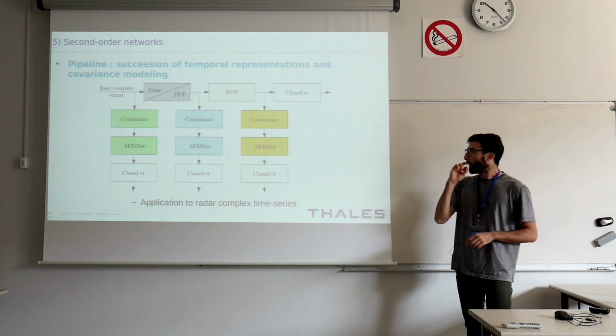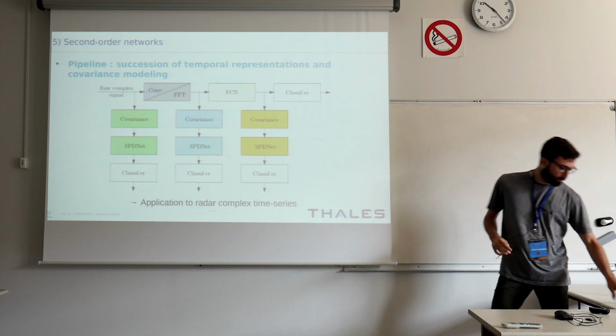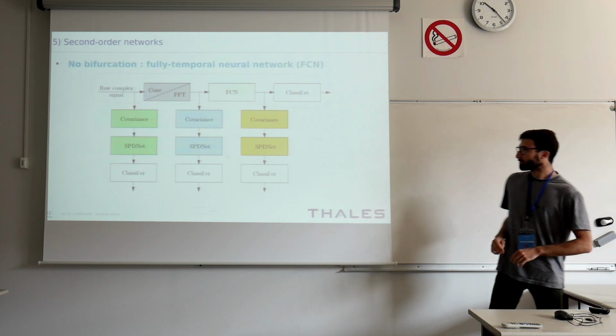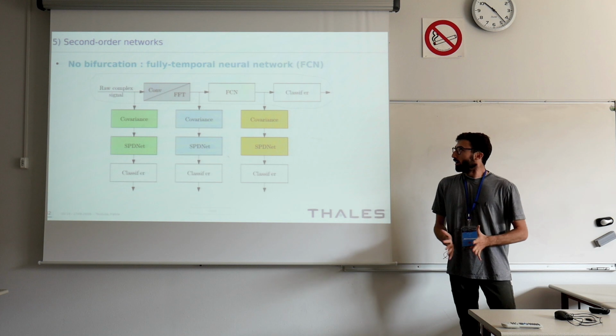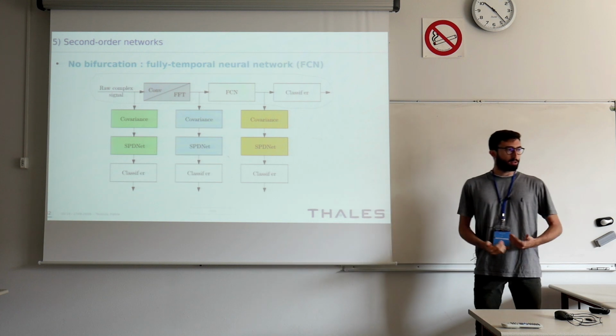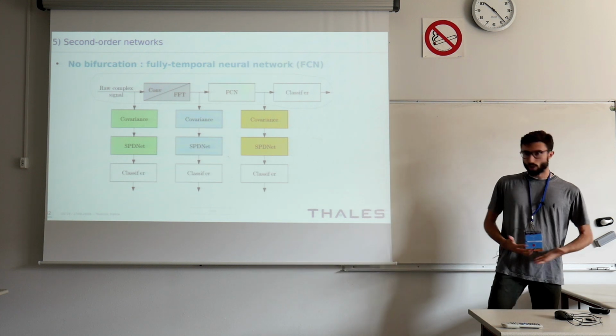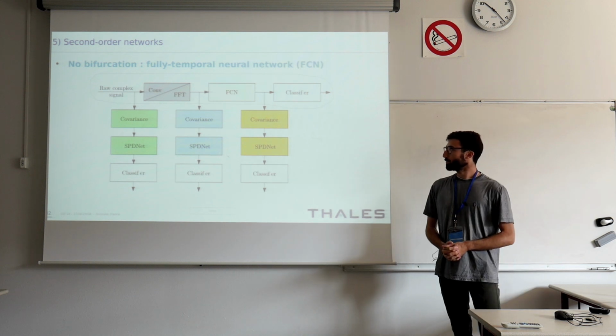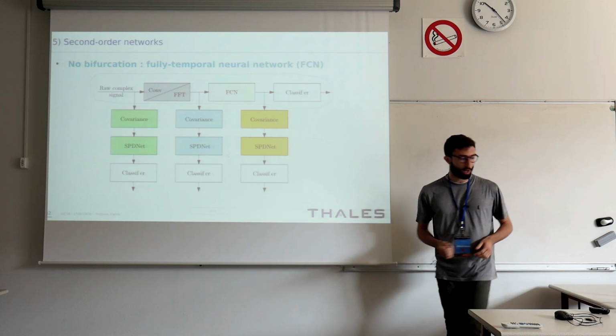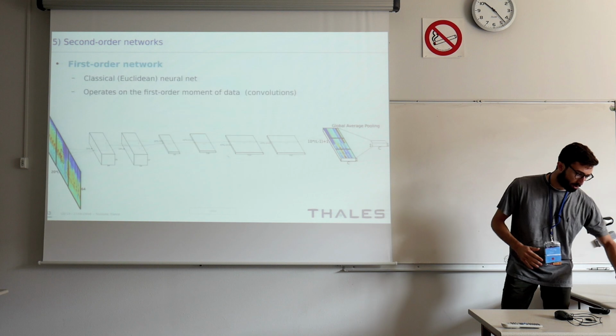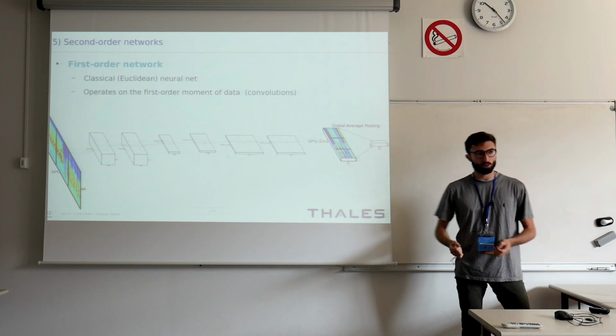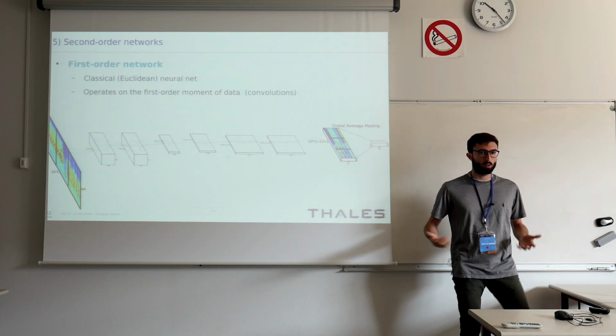So it's kind of a pipeline. If we have a look at the first line in this pipeline, so here the application is radar data, but the same concept holds for a wide variety of types of data. So if we stay on this first line, we have a simple first-order neural network, which can look like this, for instance. So that's a CNN,